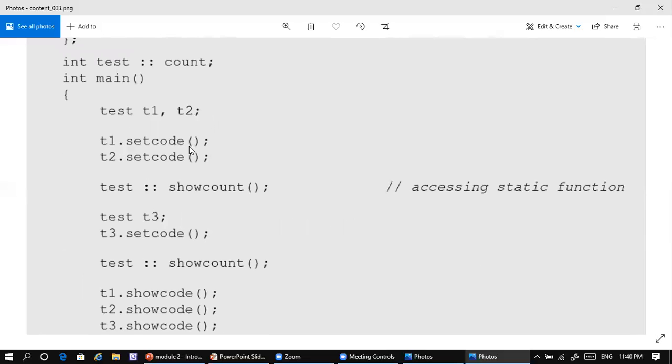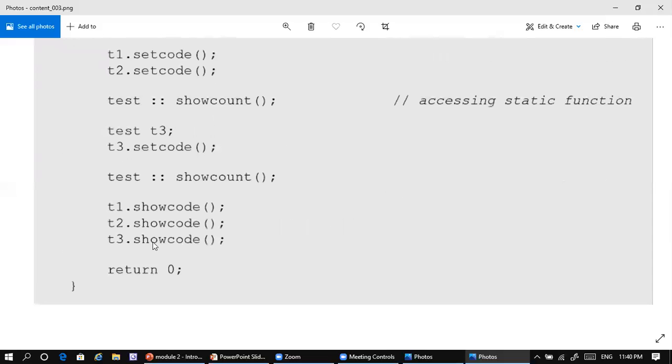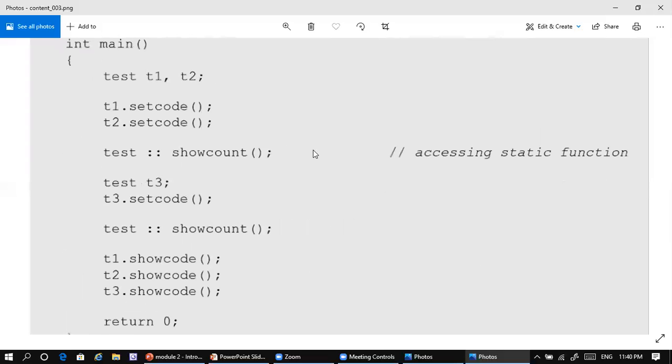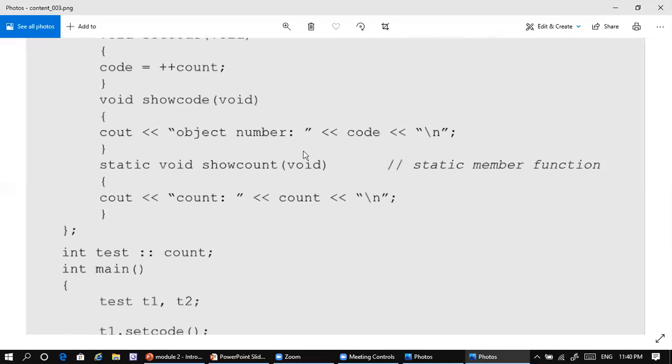So what will happen here? Set code first 1, 2, and because of this it becomes 3, isn't it? If you look into it, in T1 it will be 1, in T2 it will be 2, in T3 it will be 3, because in show code we are displaying only the code.